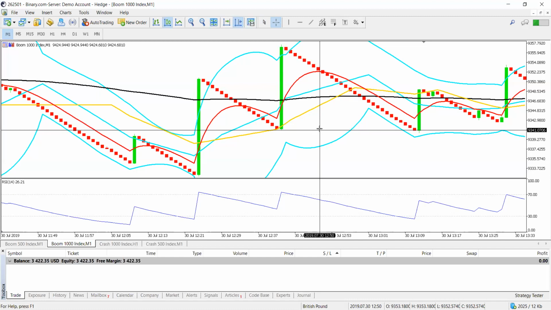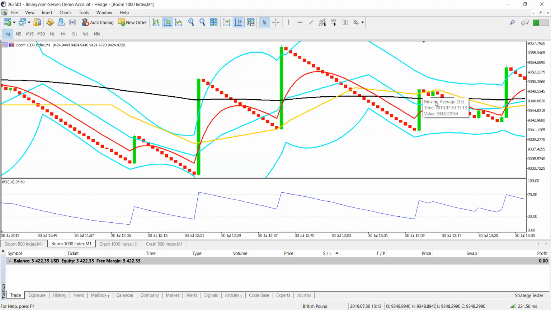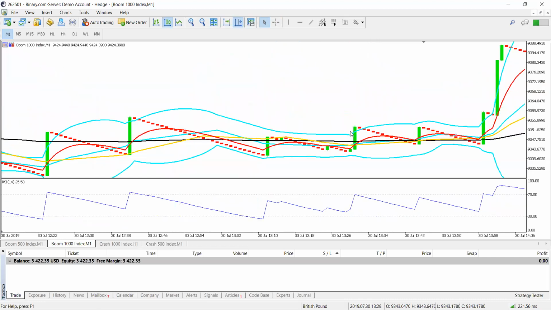So this is now condition number 3. We said on the consolidation, the first condition was on the MA 35, and now the second condition, it's booming because it's reaching the area of support, and then it booms again. The other shorter booms here are your entry points for a sell. But to actually buy again,